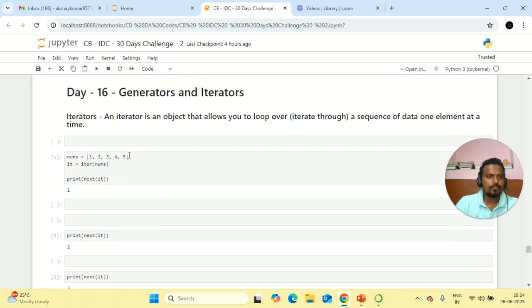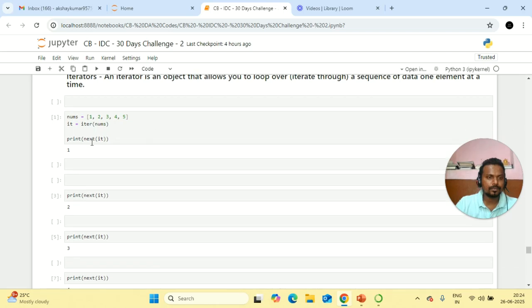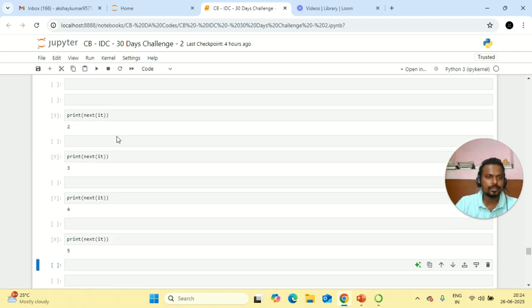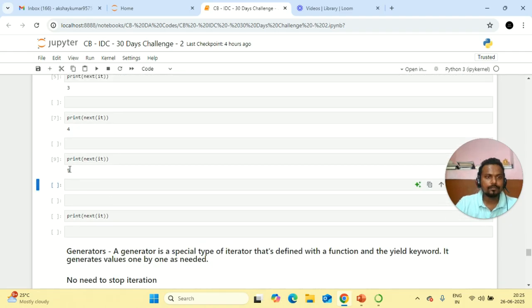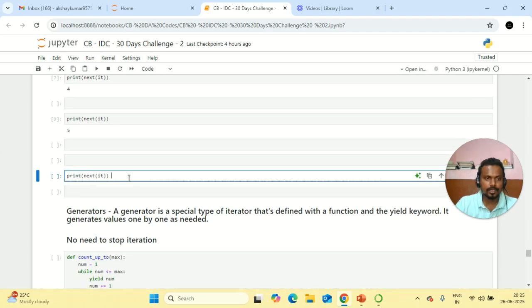So I have 5 elements in my list, 1 2 3 4 5. Every time I print next and call the iteration, it will print each and every element. If I do it again,